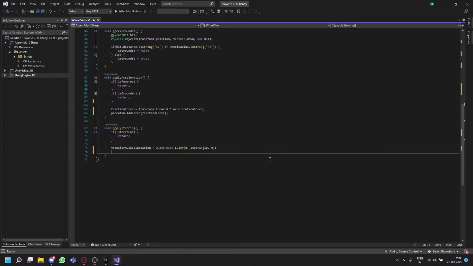This transform.local rotation will be done mostly for just the visuals that will be happening, and after this the car won't be able to turn if the wheel is off the ground. So if our wheel is on the ground, if our wheel is not on the ground, we'll just skip, and